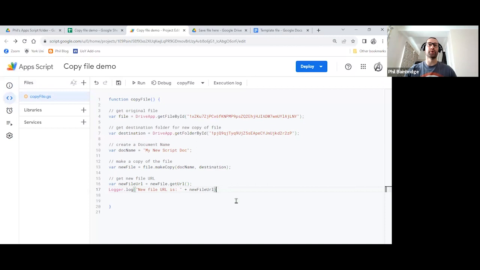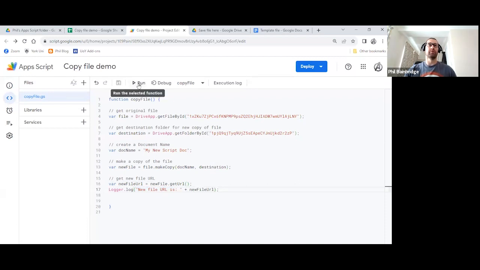This will make much more sense in about 60 seconds when we actually run this and see it. But basically, the logger is going to look a bit more like a sentence. It will say "new file URL is", and then it will have the URL along with it. It's nicer to do if you've got various bits of logging throughout your code. It means you can help understand which logger is running at that point in time. So if you hit save, that's everything we need to run this.